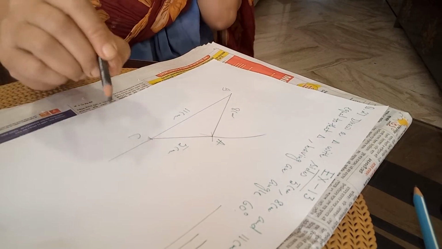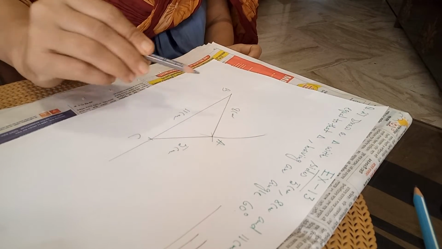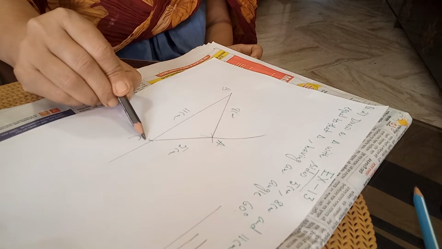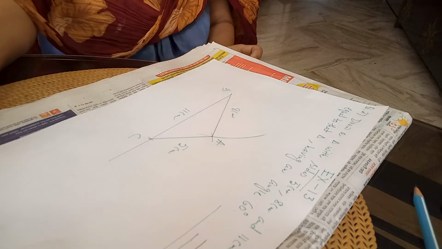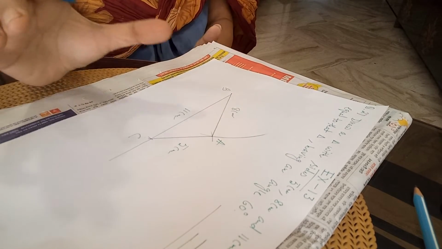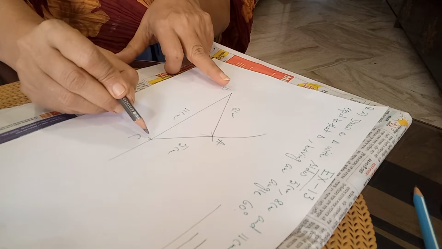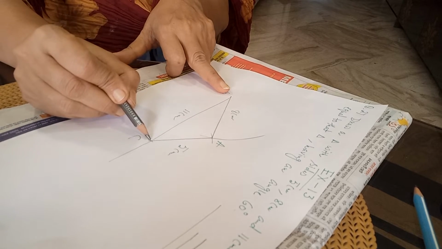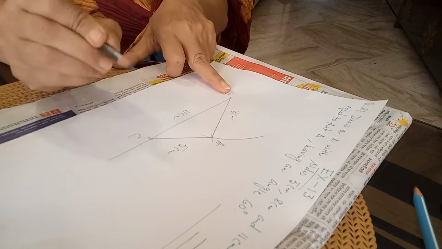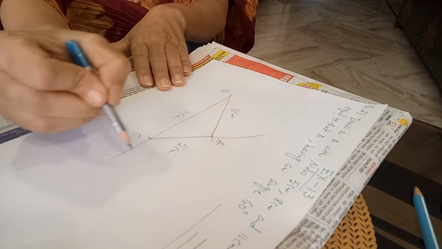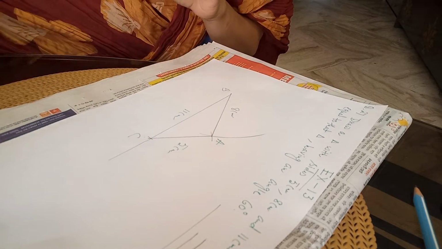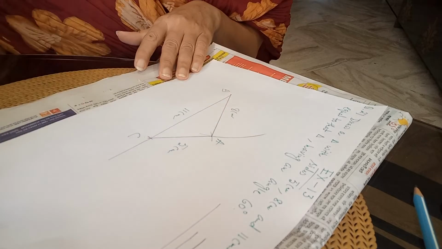From one theorem you know that if a parallelogram and a triangle stand on same base and between same parallel lines, then their areas are equal. So here I will take the base, this is the base of triangle. So I will draw the parallelogram on the same base here, and before that I have to draw parallel line. Okay, so having an angle 60 degree.